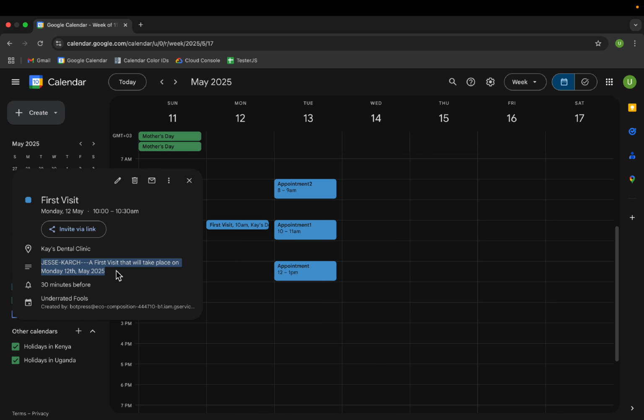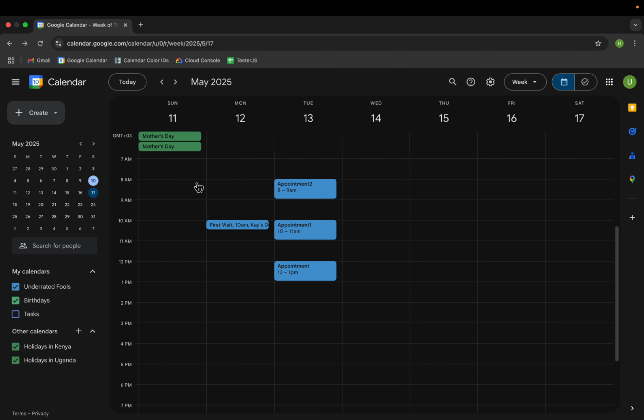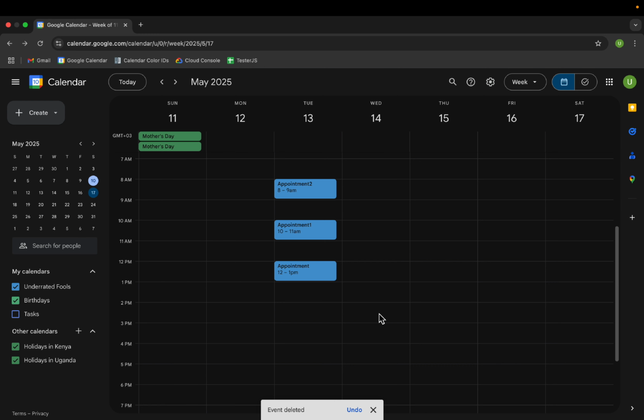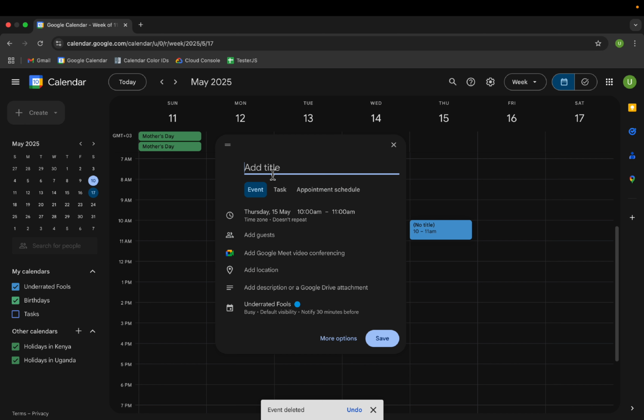We can copy this, and then we can delete this. So let's say that Jesse actually shows up to the clinic or makes a call to the clinic and books an appointment that way, and he books for Thursday. So we can create one here and we can say first